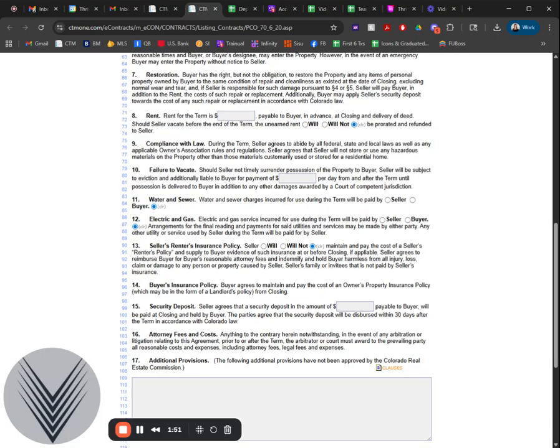So you cannot take a deposit and charge zero in rent, right? That's illegal in the state of Colorado. A deposit of up to 2 months' rent can be requested, but you can't have zero rent and only a security deposit. The deposit is to protect the buyer from closing